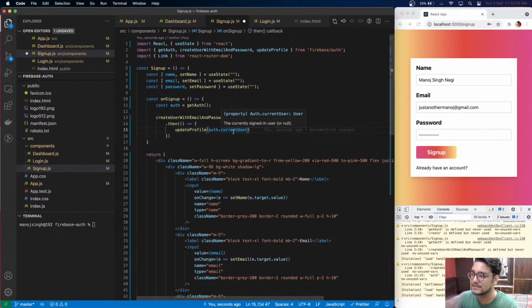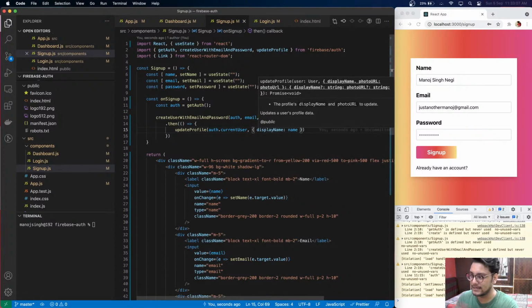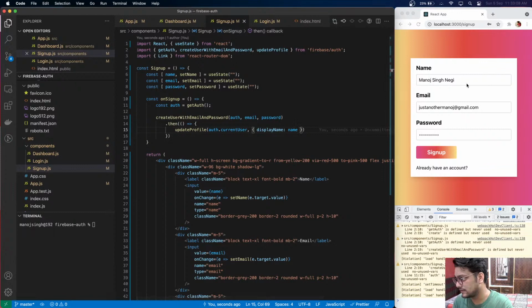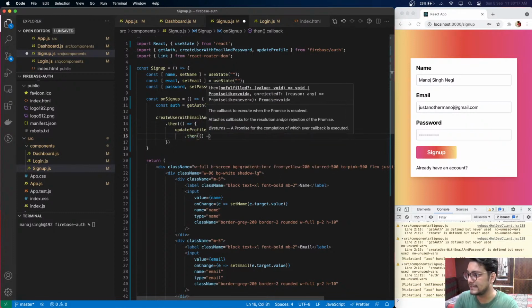So we get the auth.currentUser, and then update the display name as our name, whatever we have put here. And if that succeeded,